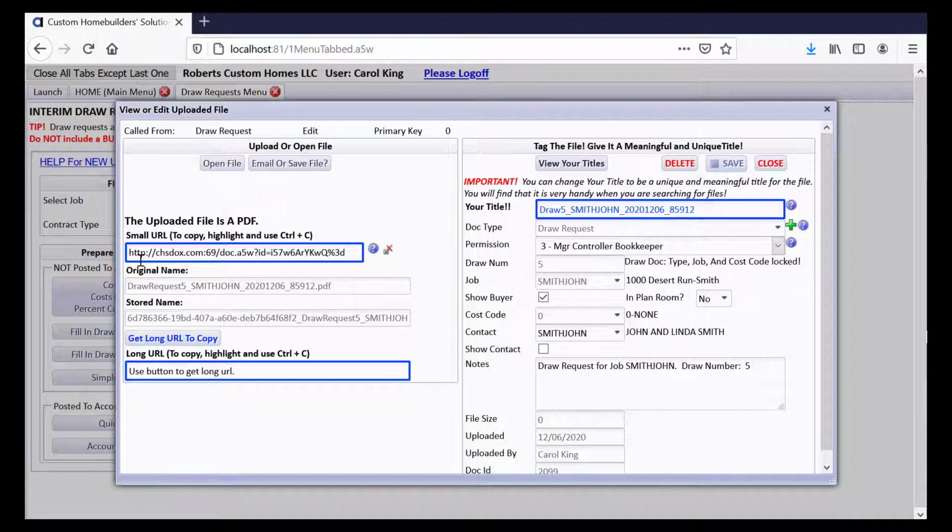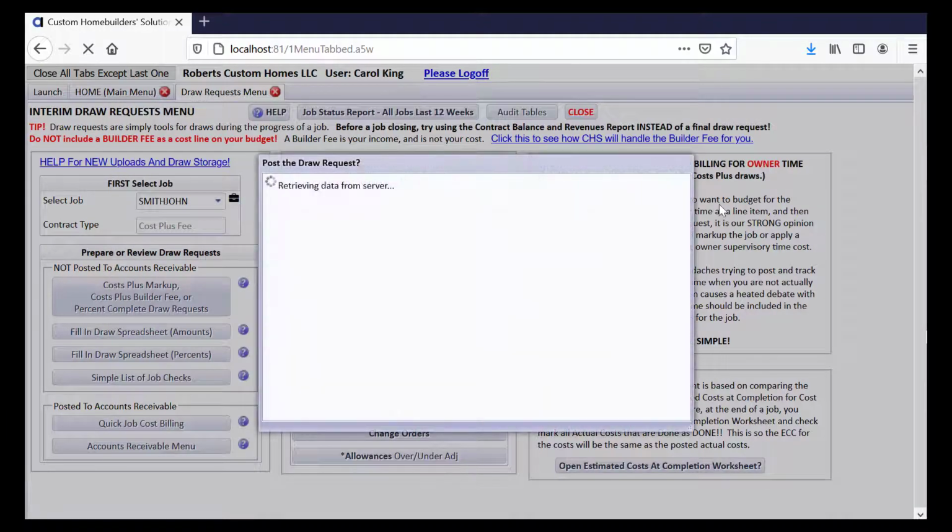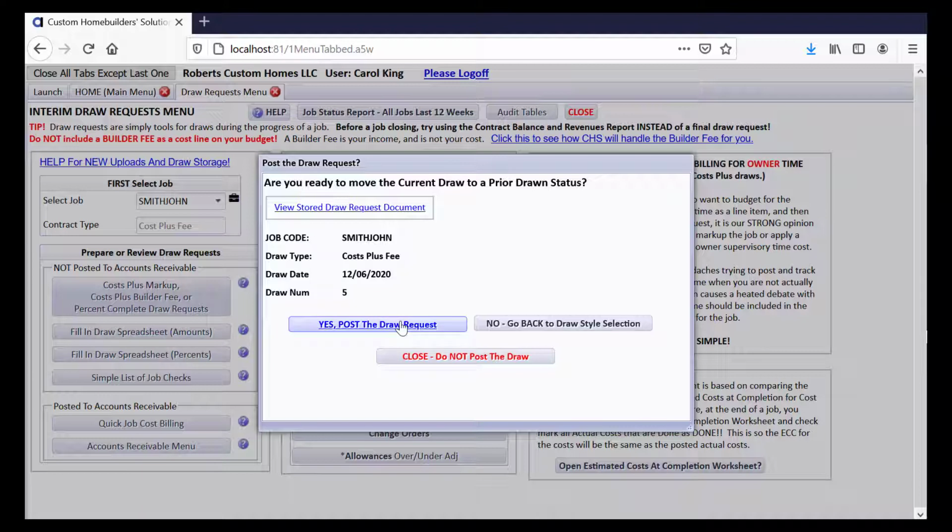It has given us our short, small URL, and it's put a meaningful title that it's draw 5 here. It says to show the buyer. It's automatically like that because if the buyer's online and you show them the draw requests, it'll be check marked to go ahead and show them. So all I'll need to do is close this. Then the next thing it says is,